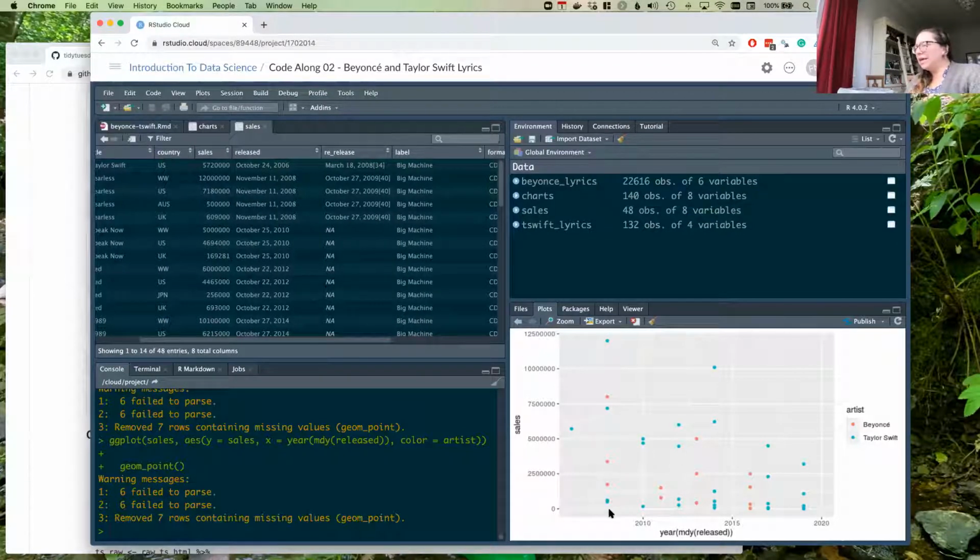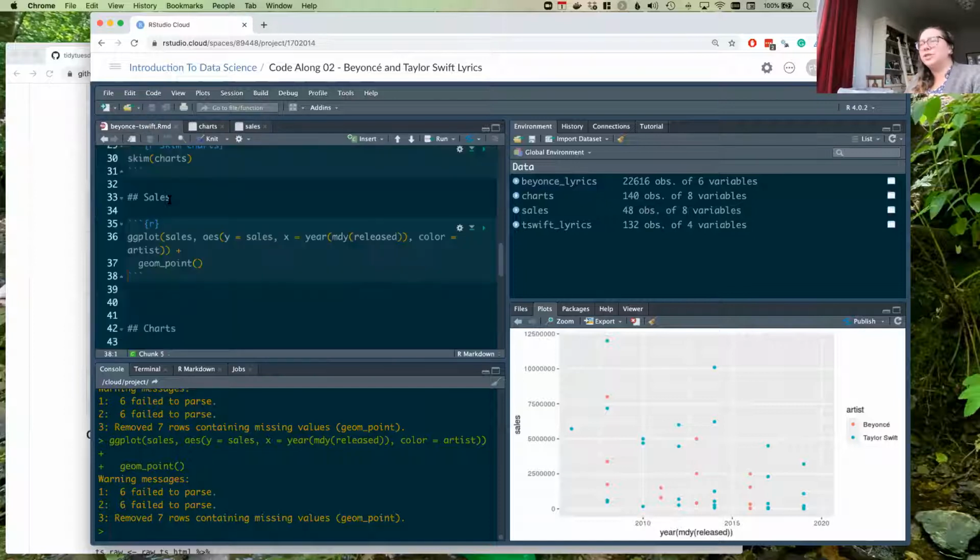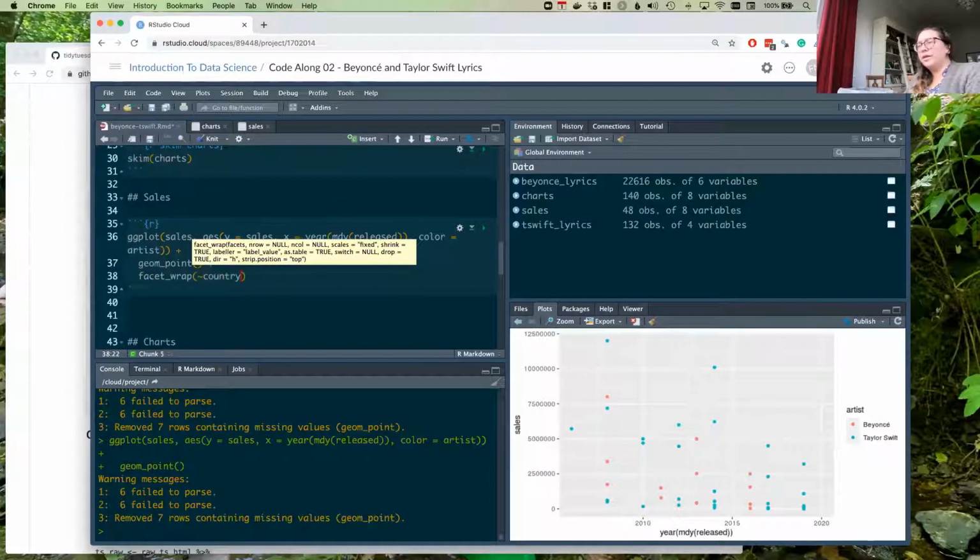And so in a given year, it's not that Taylor Swift had 5 albums out. It is more that these happened in different countries. So we probably want to separate these out by country. I loaded the new package by just doing library and then the name of the package. So let's maybe do facet wrap and then country.